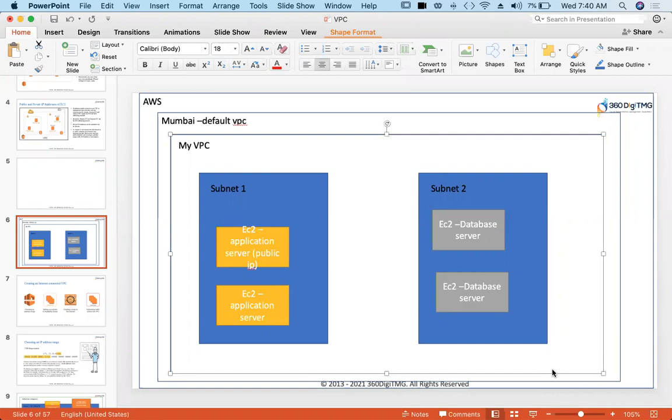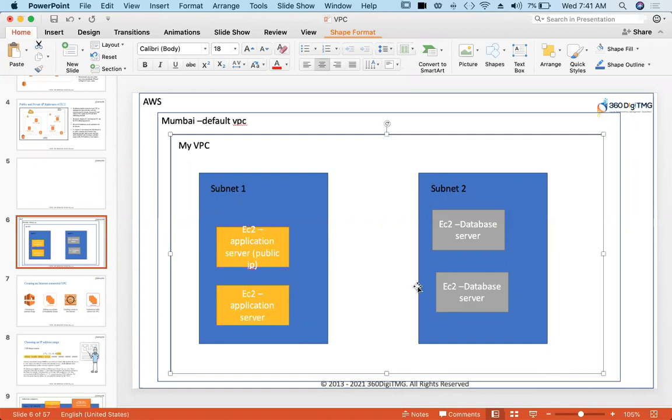So there, what's happening is two devices within the network are communicating with each other, but they are not actually using the internet. They are using your home's network. Within that network, communication is happening. That's why if you connect to mobile data on your phone, you will not be able to connect to your TV. In the same way here, all the EC2 instances within the VPC can talk to each other.